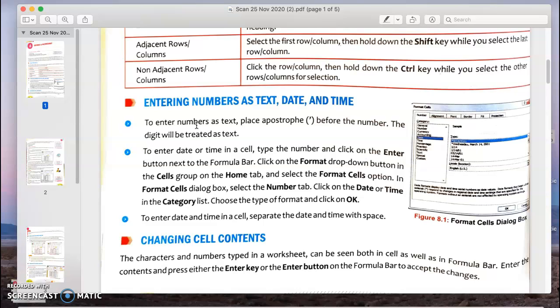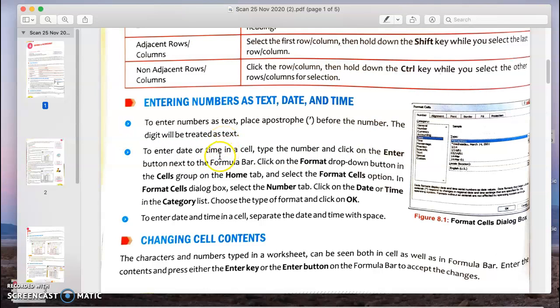Text लेने का मतलब ये है कि अगर मैं बोलूँ 2 + 2 = then you will say 4, because you are considering the number as a number. But if I say 2 + 2, you have to consider it as a string or text. Then you will write 2 + 2, right? So अगर आपको नंबर को टेक्स्ट कंसिडर करना है then place an apostrophe before the number. The digit will be treated as text.